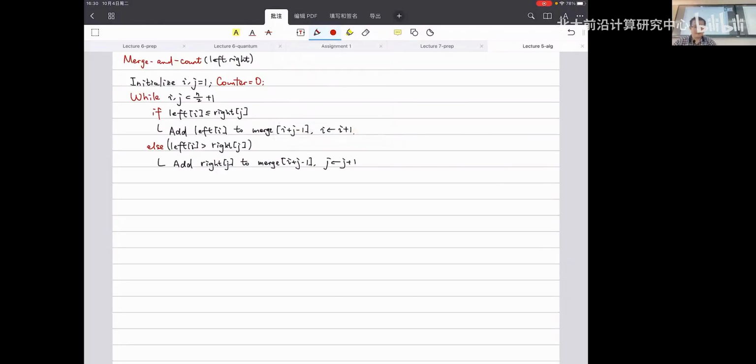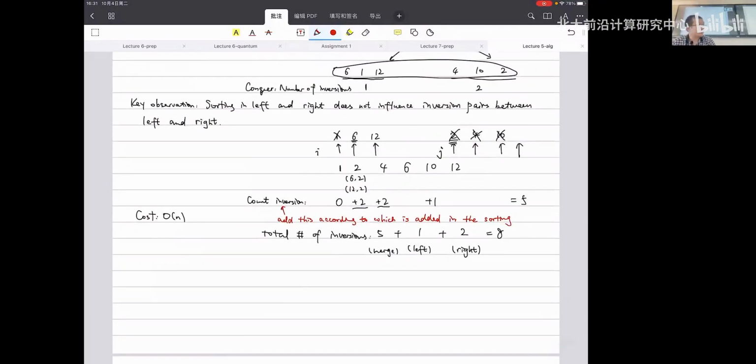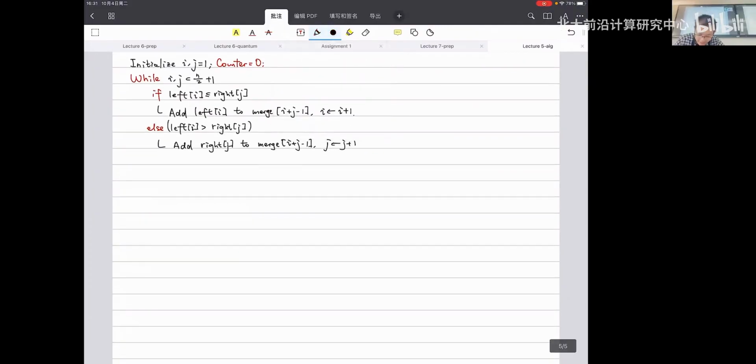But this is not ended. We must be careful here, because this is the place where we are counting the number of inversions. What is the number of inversions that we encounter here? Assume that we are at the i-th place, and let's take the 4 here, so we are at the j-th place. A key fact is, let me leave a little bit of space here. So note, when we are in the line where left i is larger than right j,